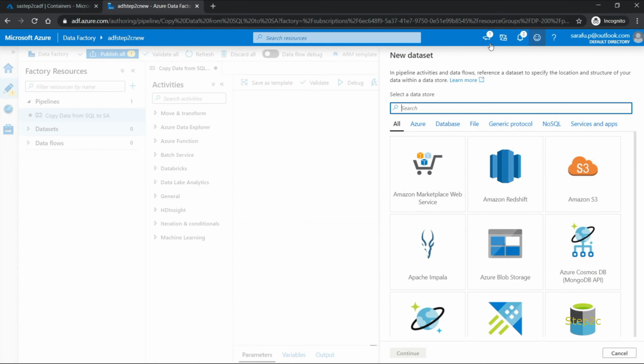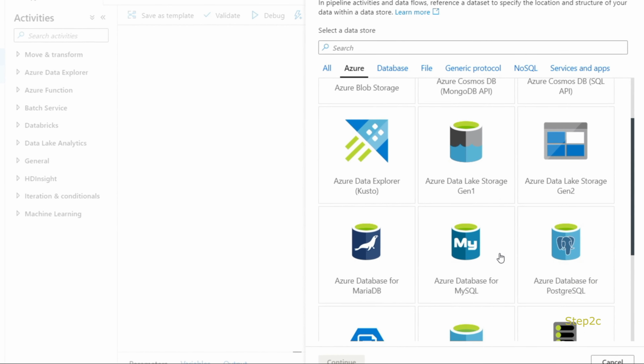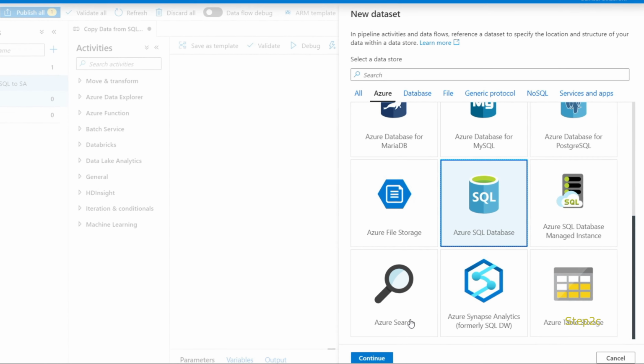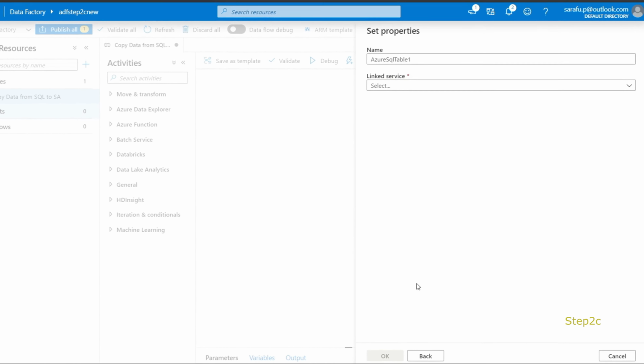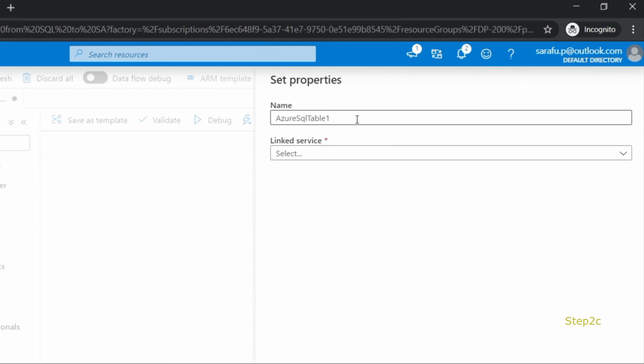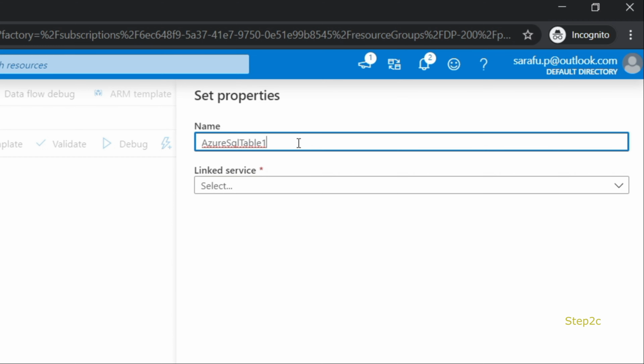So let's select Azure SQL database and click on continue. Now we need to specify the dataset name. You could call it Azure SQL table customer.